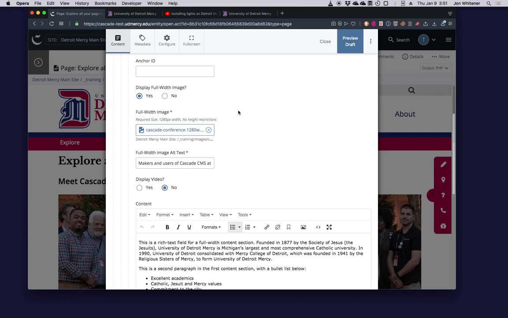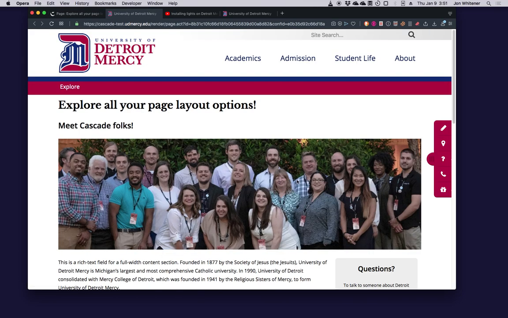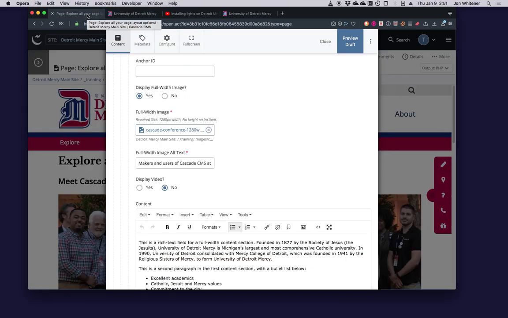All right, so just to show you how it works, let's change this picture out. Oh, by the way, this picture is from a Cascade user conference, and in the back row and kind of in the middle is a bunch of people from Hannon Hill, the developers of Cascade, and then in the front you'll see a bunch of users as well. But let's do something a little more down home, and we'll put in a picture of our own students.